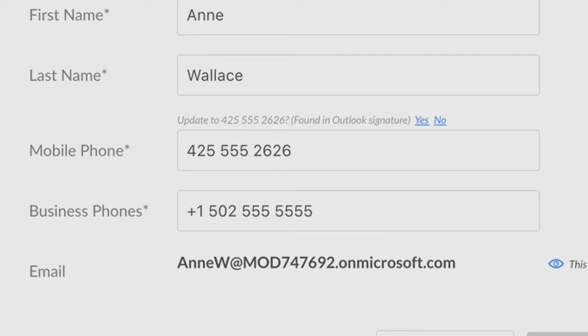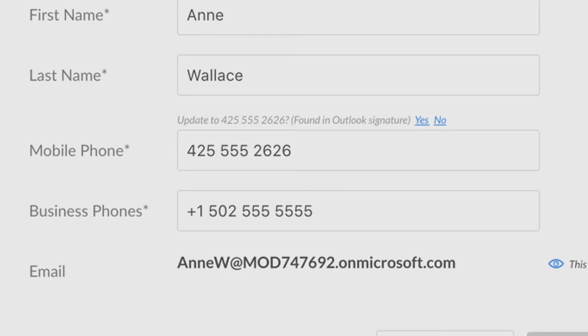But I don't know if you guys can see this. Yeah, I think you can. This bit of gray text here above the mobile phone. So in this particular case, Ann Wallace, it was detected that her mobile phone entry was missing. But using the Graph, their tool went out and said, where might we find that data? So instead of relying on her and just saying, hey, what's your mobile phone number? And then she has to type it in, and maybe that's an annoyance to her and she ignores it. They went out and looked for other places they might find her mobile phone, and they found it in her